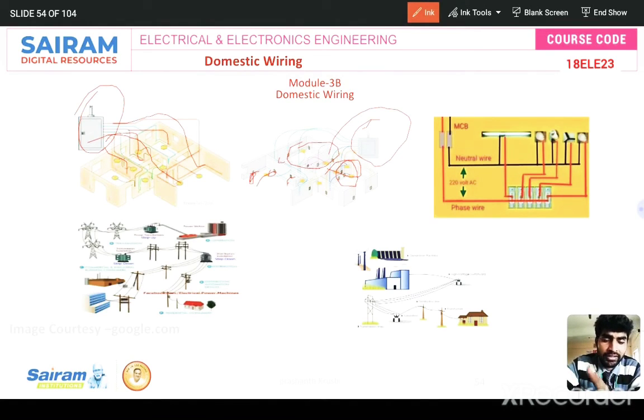Practically, I can show here there is an MCB present, a miniature circuit breaker, and also we are using a fuse. So two safety devices are used. If one is not working, definitely the other will work, for backup purposes. The MCB and fuse are for the safety of the equipment as well as of the person operating electrical appliances. If a short circuit or any abnormal condition occurs, the fuse will melt or the MCB will trip off. So both are safety devices.